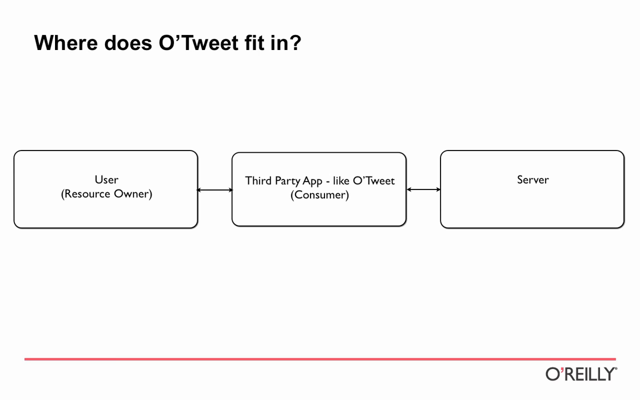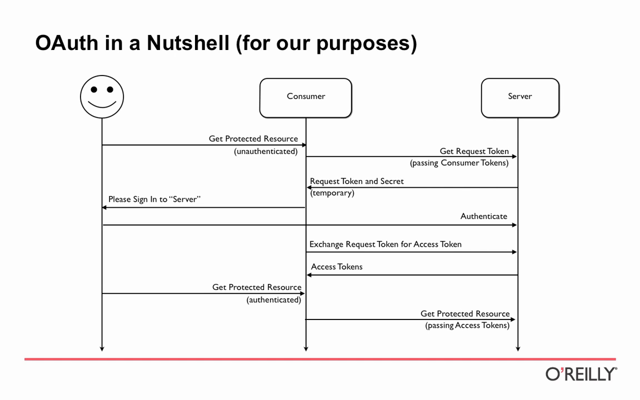So where does OTweet, for instance, fit in? That is, in OAuth parlance, a consumer. The third-party application is called a consumer because it's consuming something from the server-based application on you, the user, or in OAuth parlance, the resource owner, on your behalf. So the way it works is the third-party app acts as an intermediary between you and the server as a user. Here is a simplified